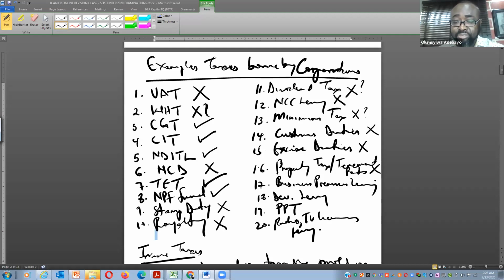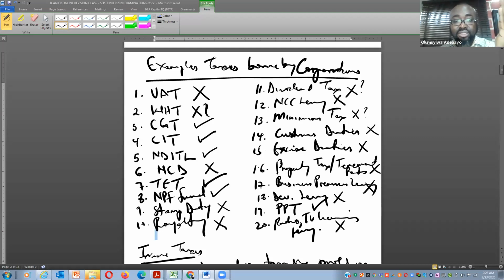Business premises is based on the number of locations in which you operate within a state. It's not an income tax. Development levy is based on number of staff. It's not an income tax. Petroleum profit tax is based on your chargeable profits in an exploration and production venture. It is an income tax because it's based on profit. Radio licenses are based on your use of radio, TV, and all sorts of things. It's not an income tax, which means invariably,